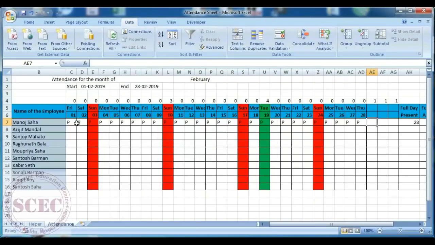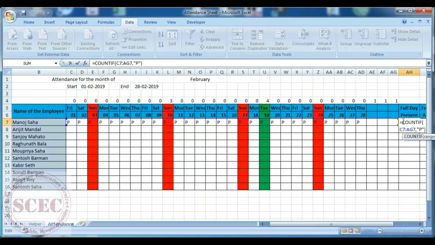So now we have to solve this counting problem. It's already showing 28, but it will be 2, then this, and this one, this one. So counting will be 23. So how would we count? We should count the P if there is no Sunday and no holiday. That means we'll count if there is 0, no Sunday and P. So 3 conditions should be met. First, here should be 0, here should not be Sunday, and here should be P.